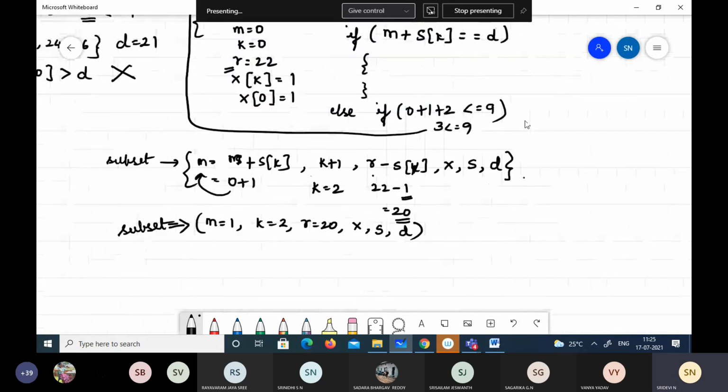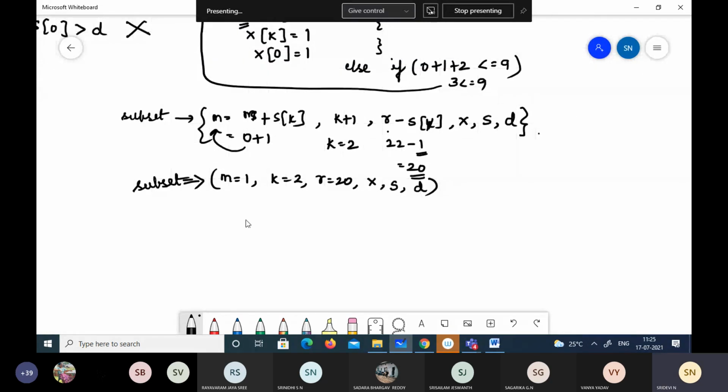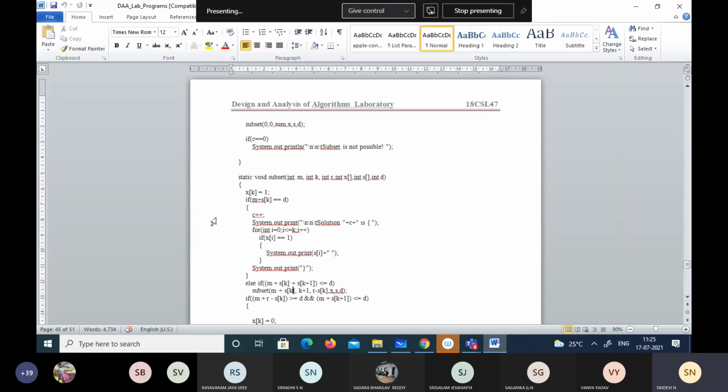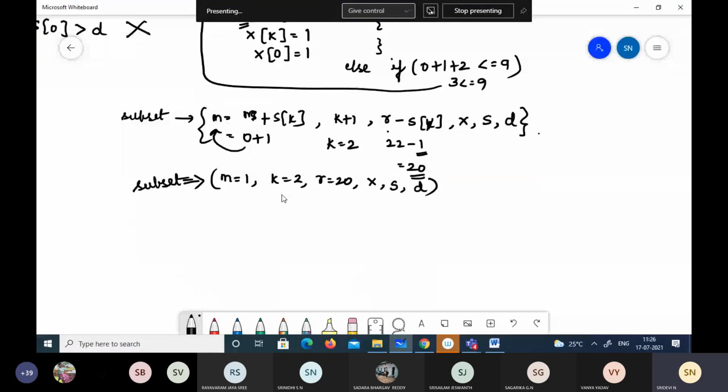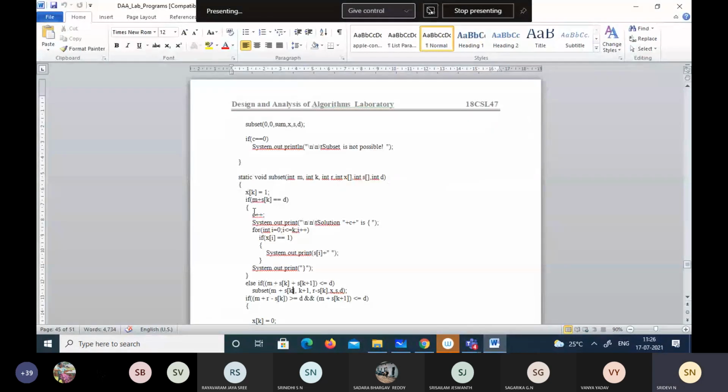Okay. Now with these new values, we'll try to trace the function. Yes, here x of k equal to 1. So what is the k value we have got here? Now we'll try to check whether it is less than or equal to d.